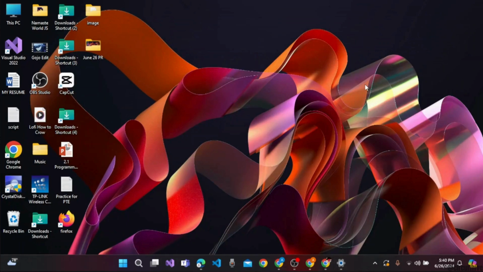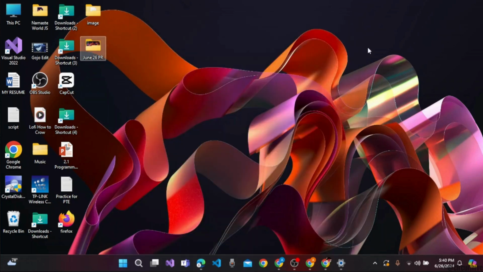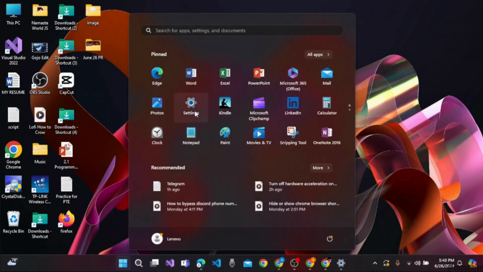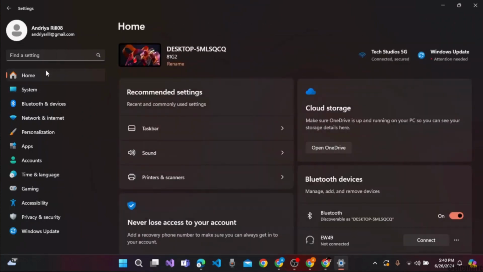So once you have done that, the second thing you need to do is try the Windows troubleshooters to fix the issue. For that, go ahead and open the settings on your device or PC. So once you're here, you need to simply search for troubleshooter